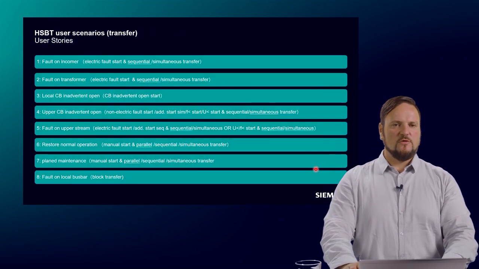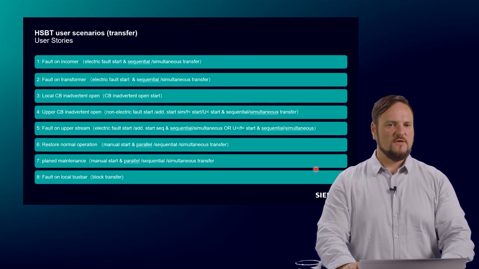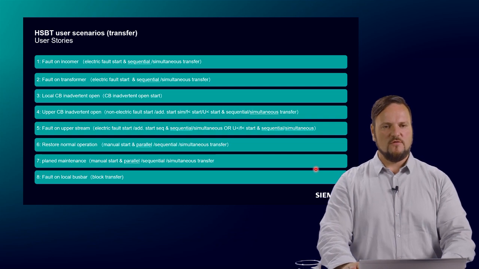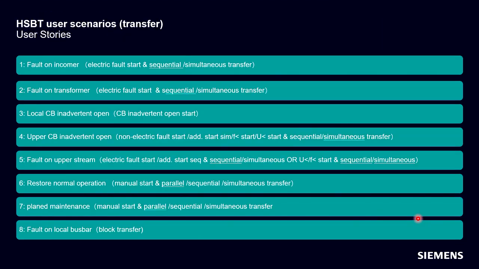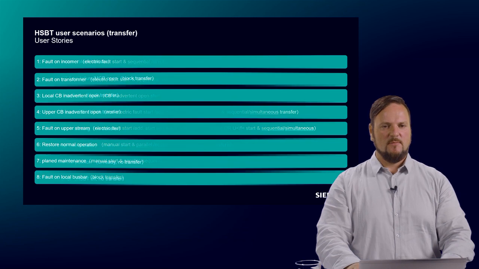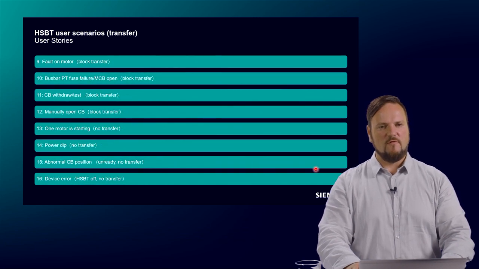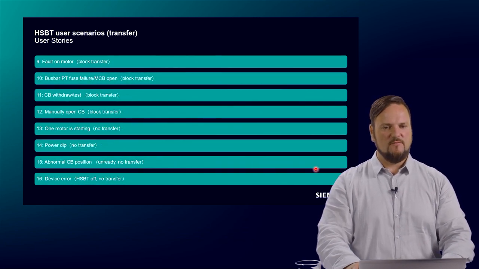So then we have a short look here onto the user scenarios. We discussed all the user stories in my presentation. So you can go one by one through these user scenarios, and you get some recommendation how to set it. If you have a fault on the incomer, if you have a fault on a transformer, and so on. This is already, I think, discussed in the presentation as well. But here it is a good overview for you when you do the engineering and when you do the